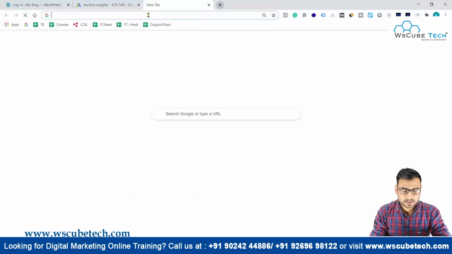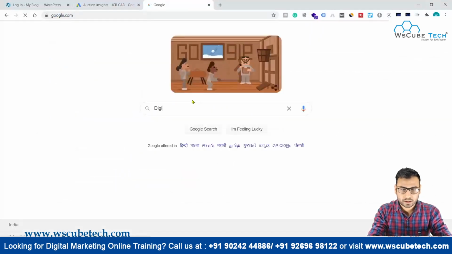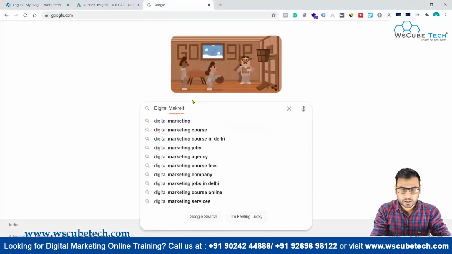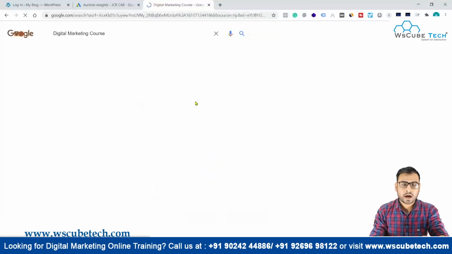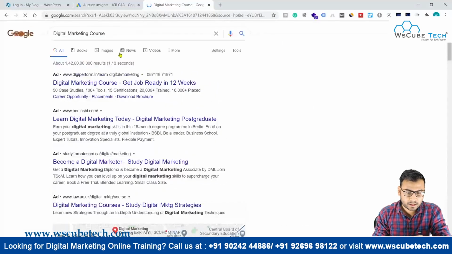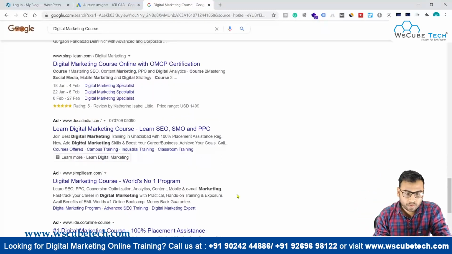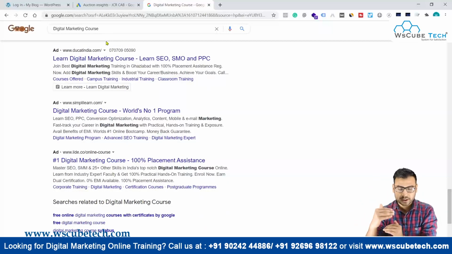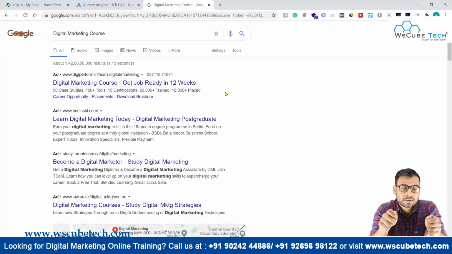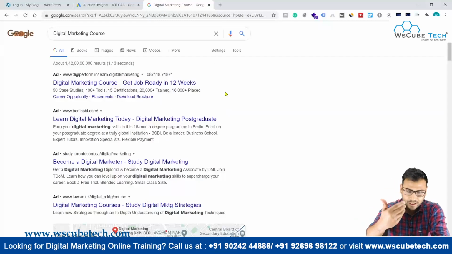So guys, whenever we see a search engine result page, if we type over here digital marketing course, and whatever ads we are about to see, like these ones, all these 4 ads are present at the top of the page, whereas when we come down over here, we have 3 ads over here also. These are basically at the bottom of the page, right? And all these 7 ads are present on the first page of our search engine result page. This is how we basically categorize where our ad is showing.